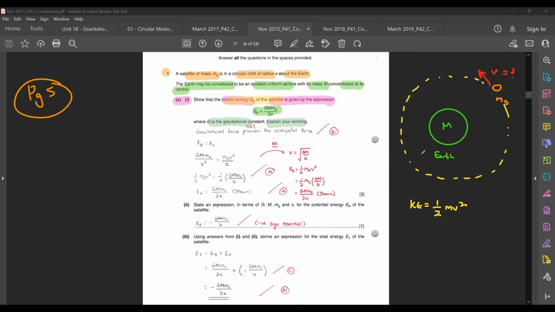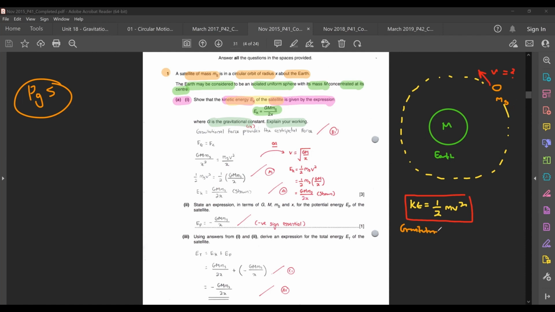Okay, so one of the things that you could probably do is something like this. Don't look at the written solution first, because this one I need to explain something else from there later on. So let's just say I just wanted to use half mv squared to find out the kinetic energy of my satellite, what I could do is something like this, where I say that